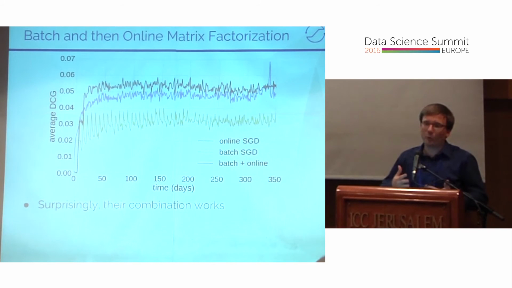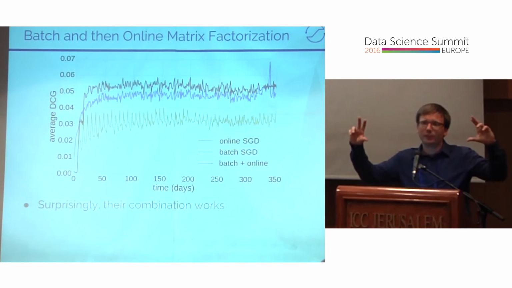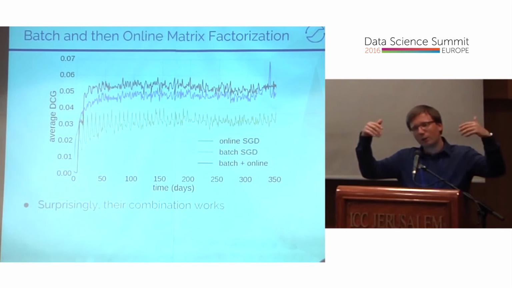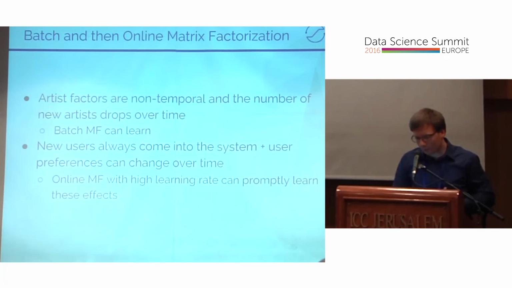As I've told you, item vectors like to be stationary, and user vectors like to be non-stationary. So when you iterate a lot of times on a data set and create a batch model, inside the batch model you will have a sophisticated representation of the item vectors, of the artist vectors. If you do not heavily change this during the next week, but learn the user preferences with online SGD in the upcoming week, you will be able to combine these methods in a temporal setting. Yes, this is explained also here in the slide.